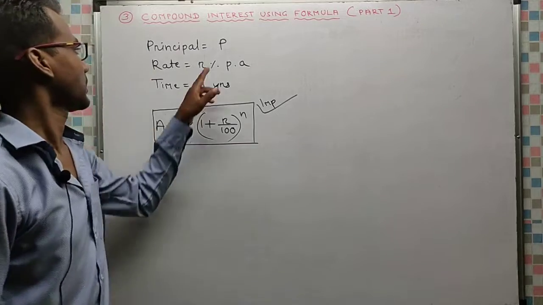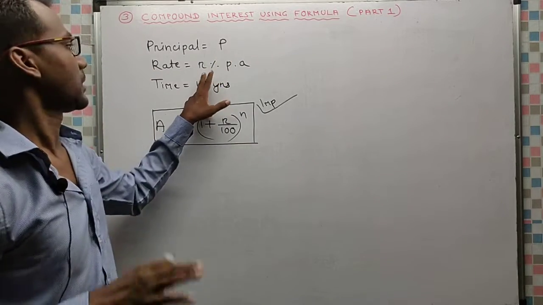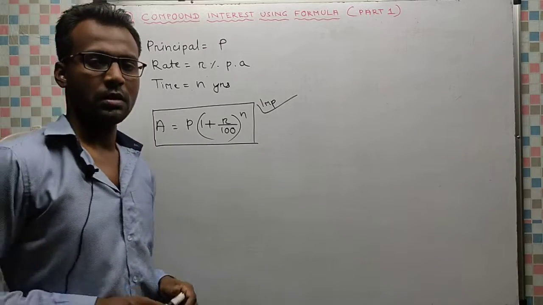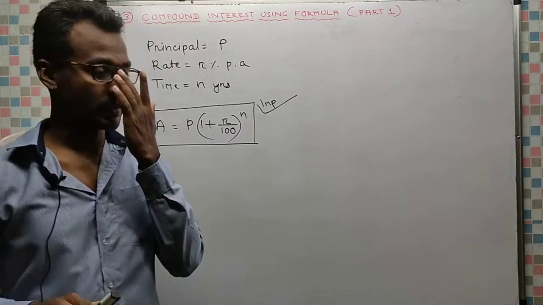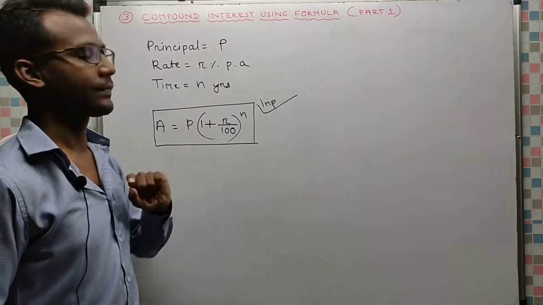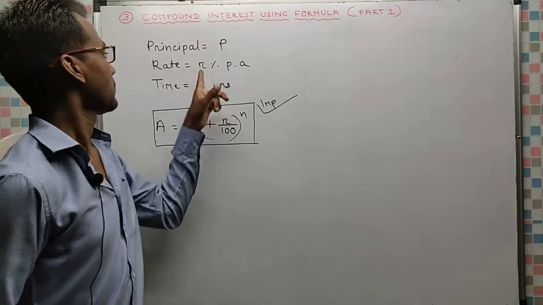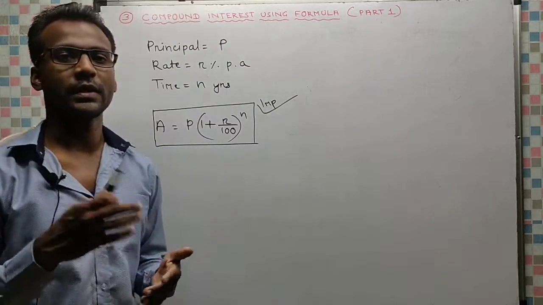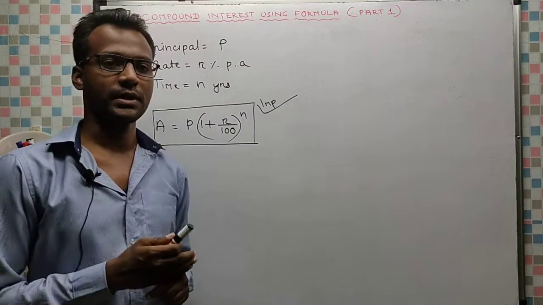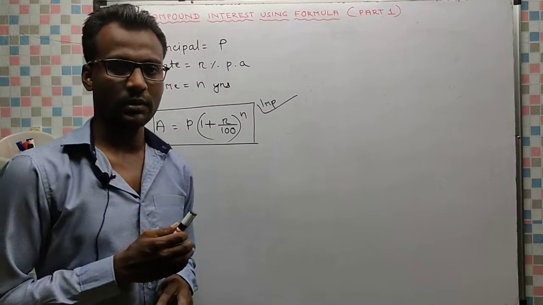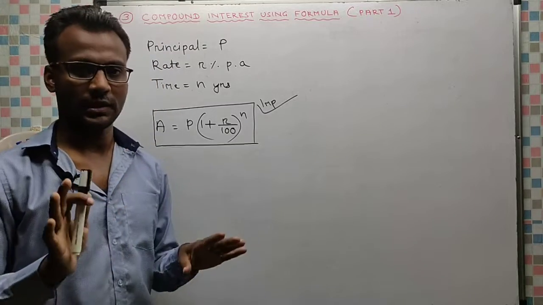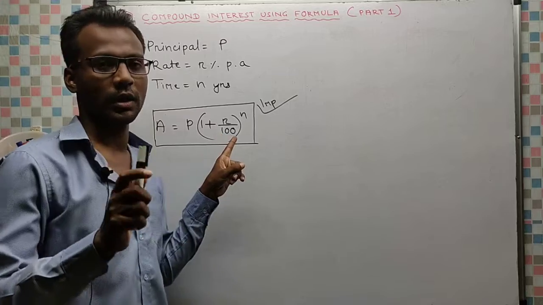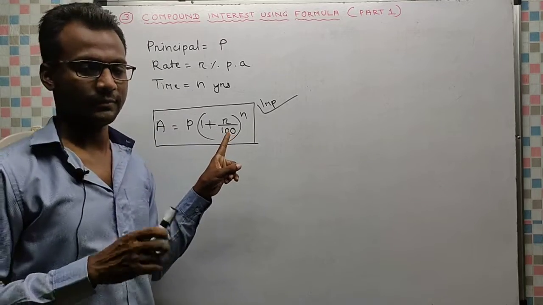So remember this, if there is a fixed principal, rate is also fixed, time is also fixed, then this is the formula. But suppose there can be one more case, principal is fixed, time is fixed, but rate of interest is variable, changing every year. Suppose first year 10%, second year 12%, third year 15%, like this. In that case, you cannot use this formula because this formula is for a constant rate of interest.